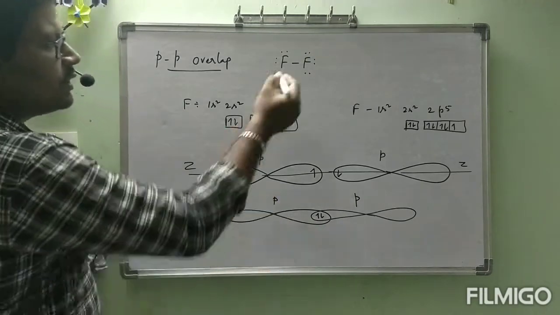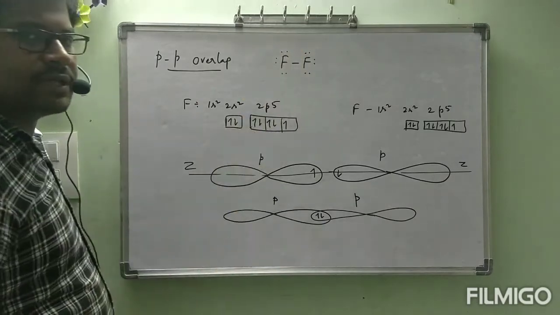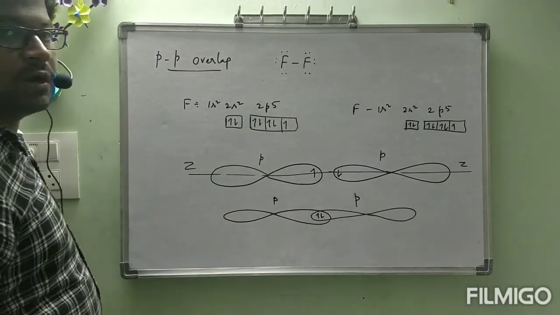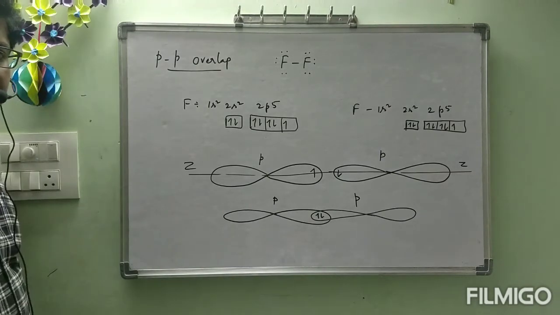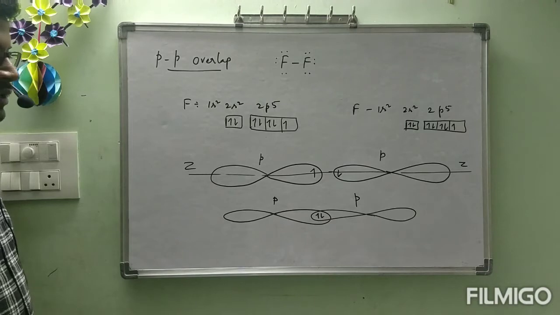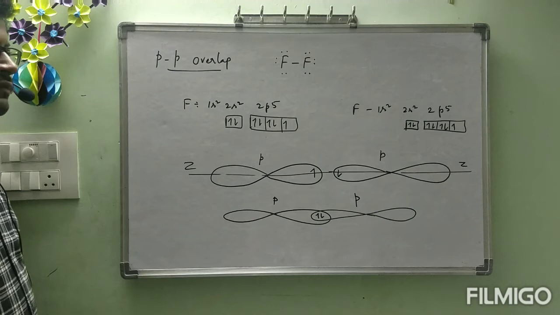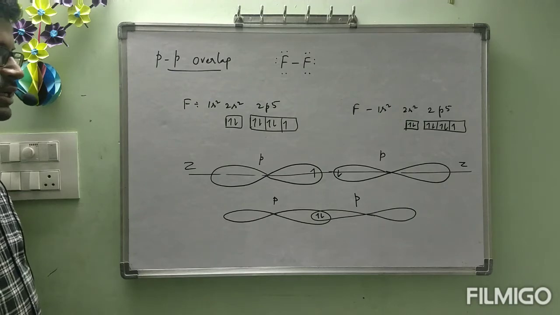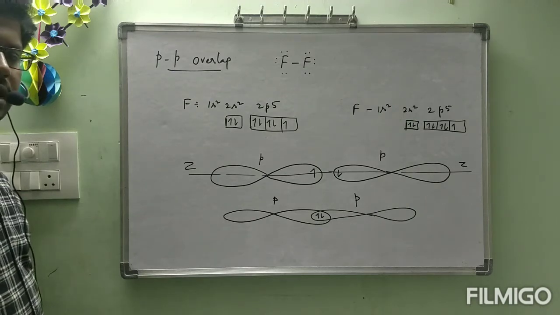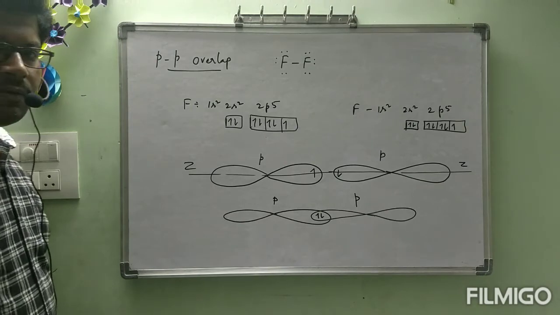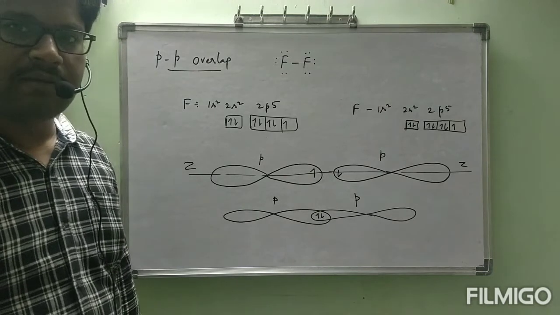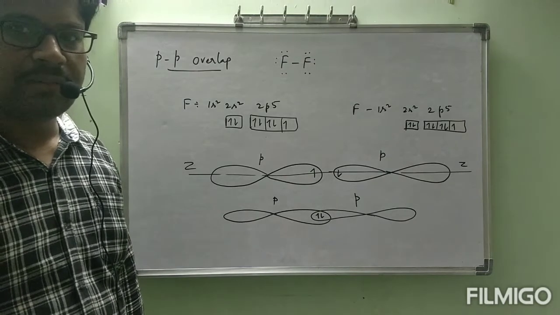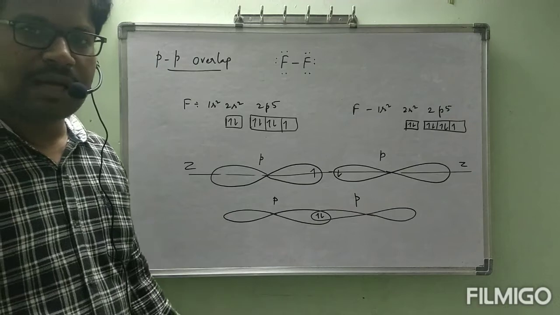After the involvement of bond, these two fluorine atoms are getting stability. In that way, F2 molecule is more stable than F atom. This type of overlapping is called pp overlapping, and the molecule in which pp overlapping takes place is F2 molecule. Cl2, Br2, these are all examples for pp overlapping molecules. These are the three types of overlap.